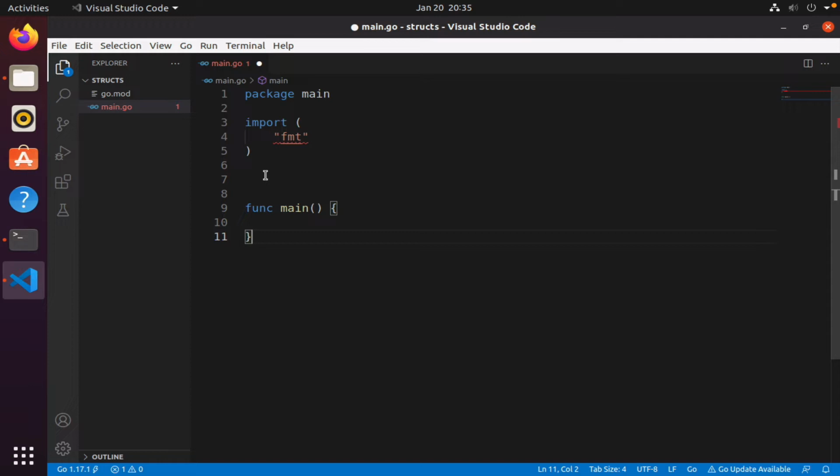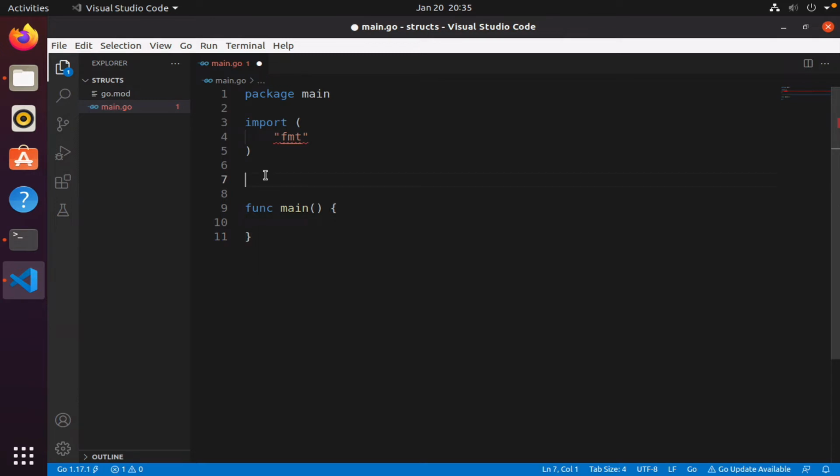Of course, Go does not come pre-installed with a person type, so we as programmers need to build that type. Okay, so to do that, Go provides us with the struct